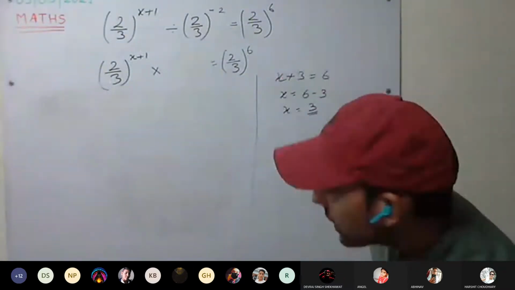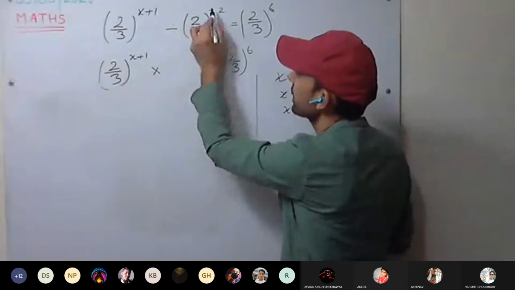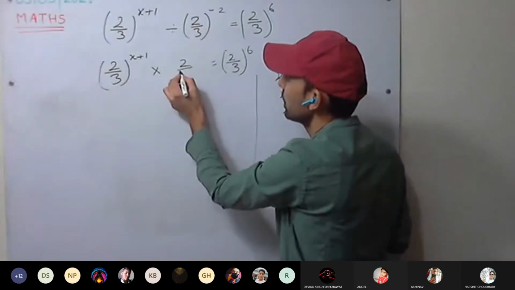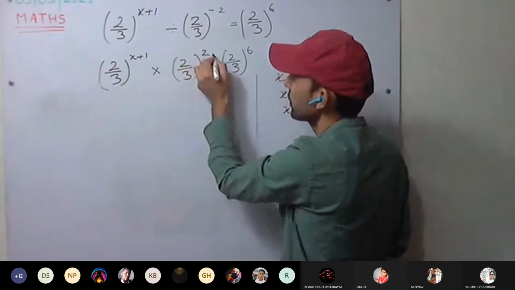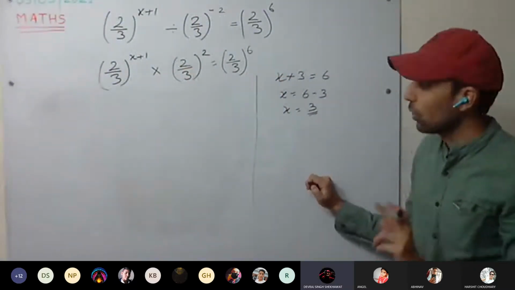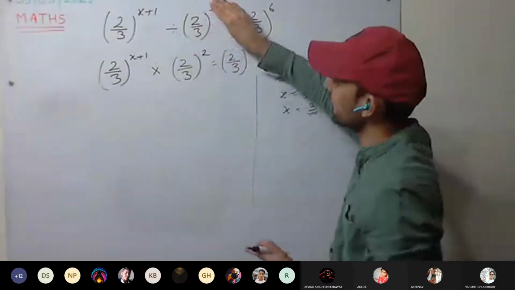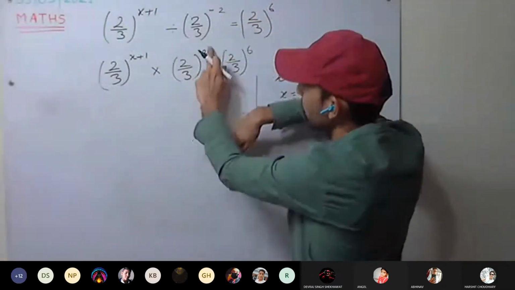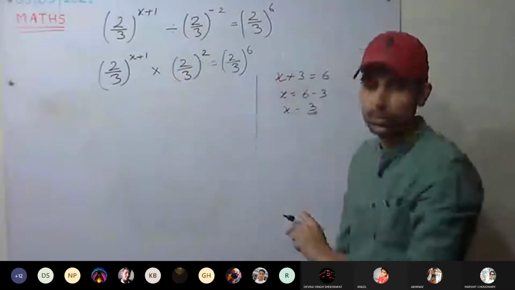you can do it directly. That is, divide and minus 2 you can remove. Its reciprocal will be plus 2, 2 by 3 raised to power 2. This way as well you can do. Or you can proceed one by one time. That is, once you multiply 3 by 2 raised to power minus 2, again take the reciprocal, it will become plus. This way as well you can do.